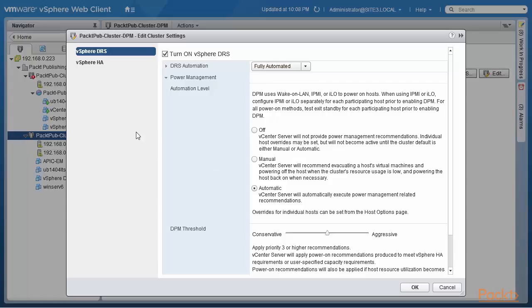When the actual usage of the resources in the cluster is such that individual servers can be put on standby, essentially powered down, and the DRS capability would automatically sense that, DPM would then basically use DRS to evacuate virtual machines from that host that is going to be put on standby,